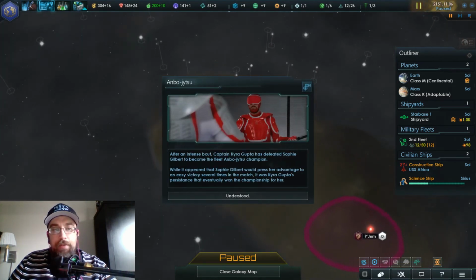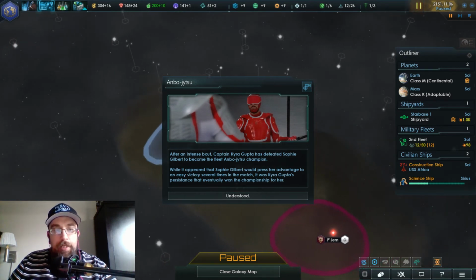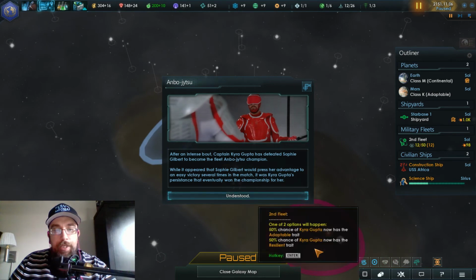After an insane bout, the captain has defeated Sophie. Well, it appeared that Sophie would press her advantage with an easy victory several times. It was Kyra, so